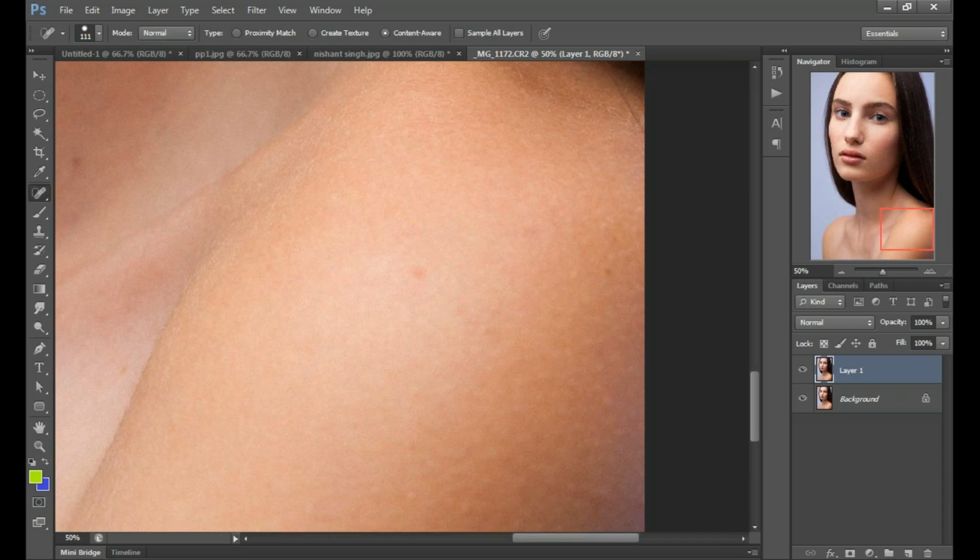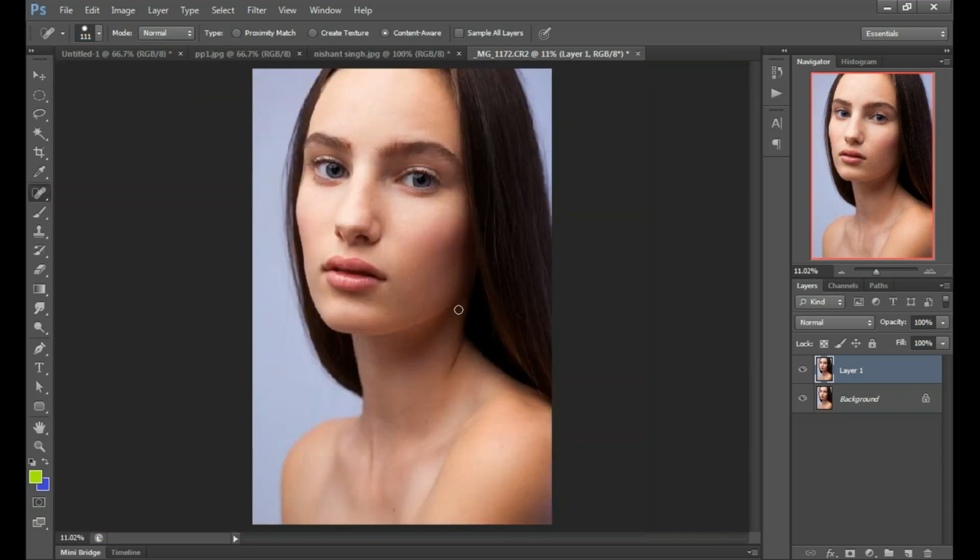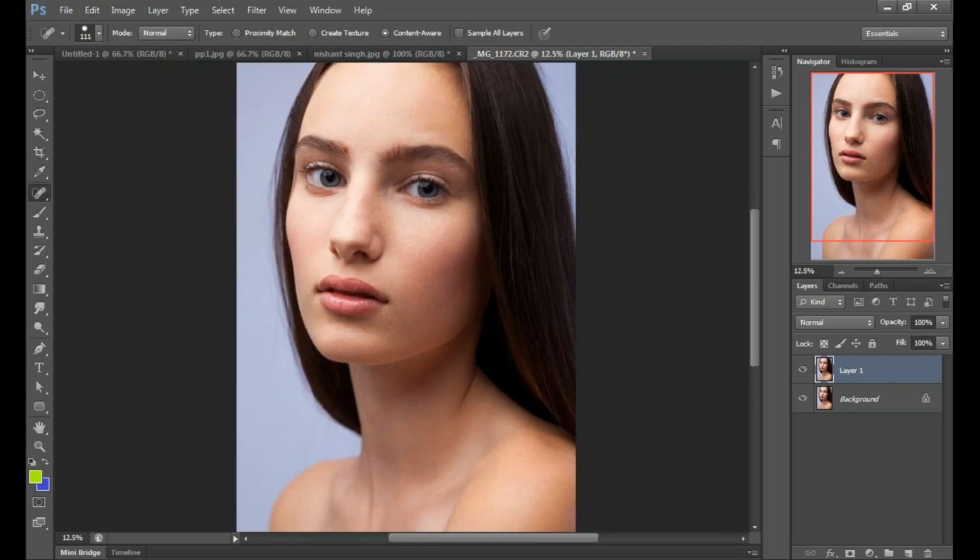Is this the only method we need to use, or are there any other options? No, actually, in advanced retouching, we have a few different options, but for basic editing, it's good. It works better. We have some other different concepts in Photoshop for that, but for the basic purpose, it's very good. You can see the spots here. Everything is clear.